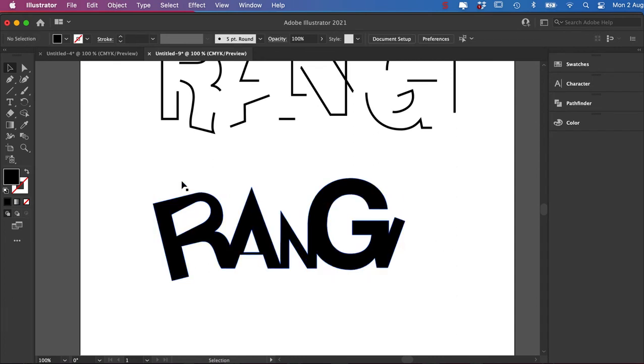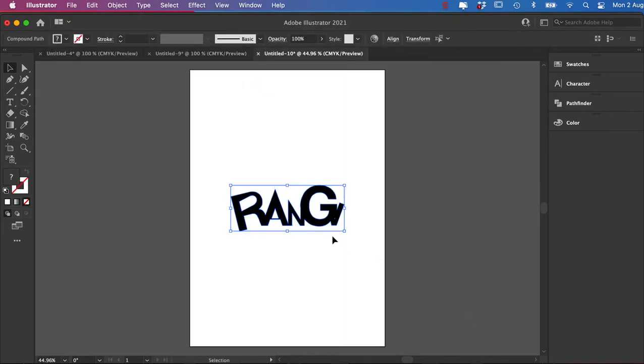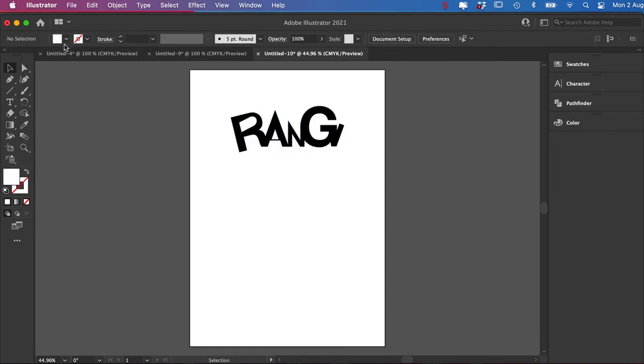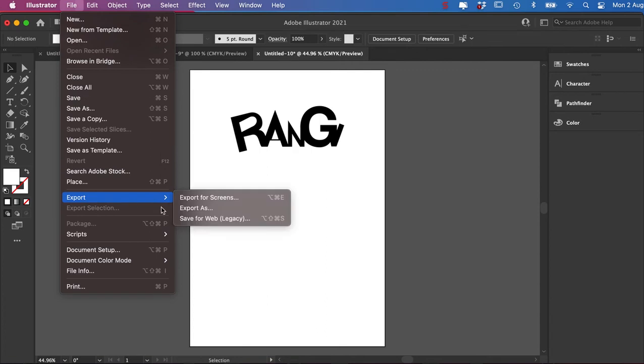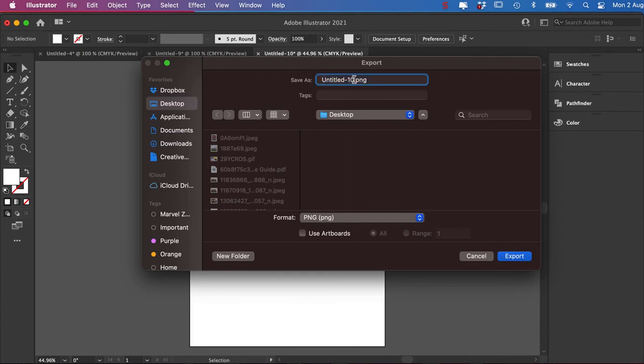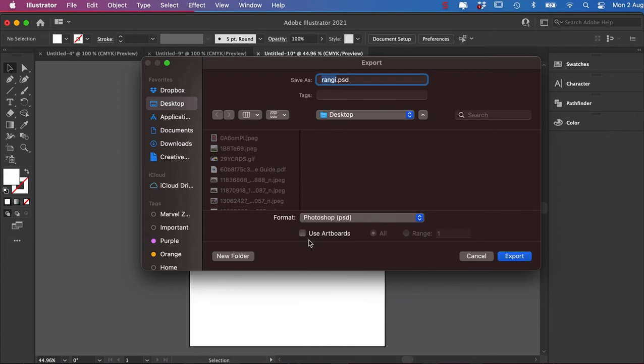So now what I'm going to do is I'm going to take this one into Photoshop, so I'm going to copy it. I'm just going to make a new page and paste it. I'll move it up the top here, and then I'm going to go File, Export, Export As, and I'll give it a name. I'm going to make sure that it's a Photoshop file, and if I want that whole page to go, I go Use Artboards,